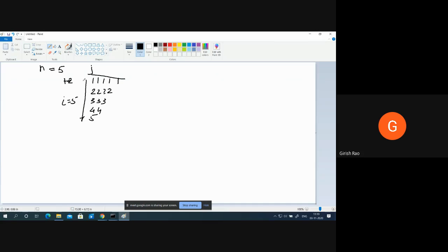So if you look over here, when i is 1, j is 5. When i is 2, j is 4. When i is 3, j is 3. When i is 4, j is 2. When i is 5, j is 1. I'm talking about how many times j should be executed. That's what I have written over here. So when i is 1, the inner loop should be executed 5 times. When i is 2, 4. When i is 3, 3. When i is 4, 2. When i is 5, 1. So now establish a correlation and write the program to print this pattern.